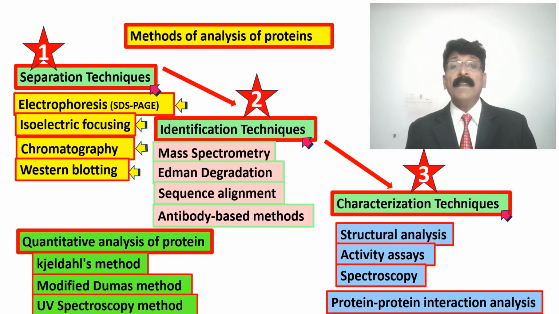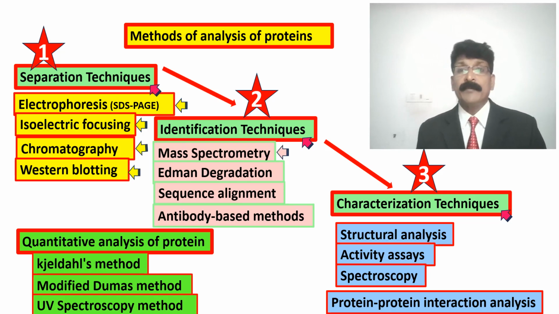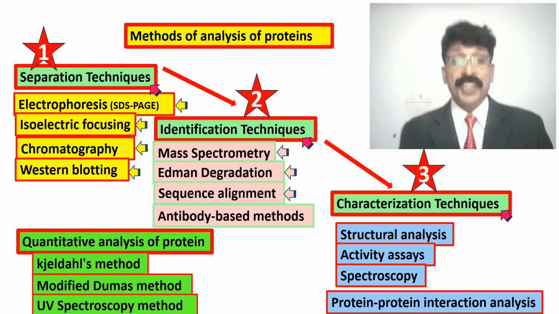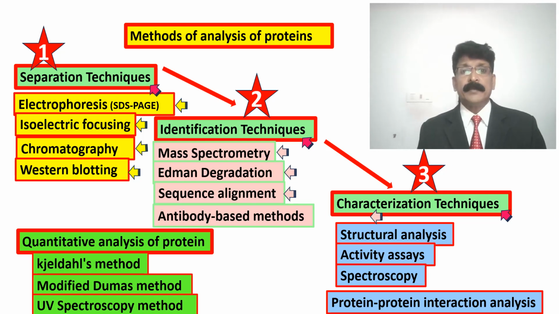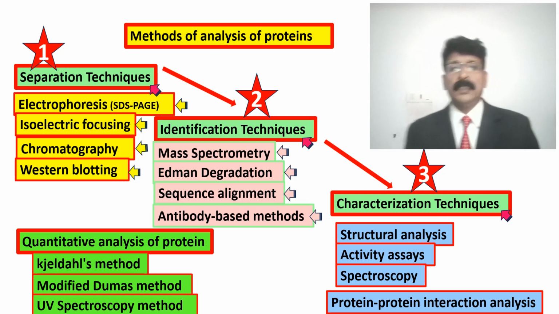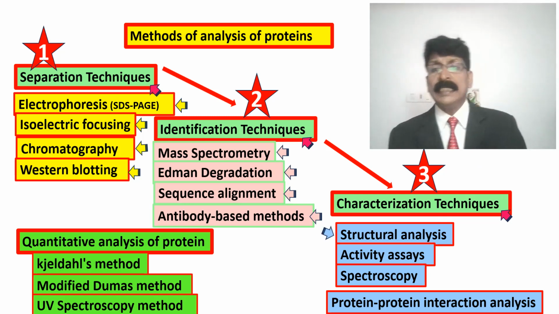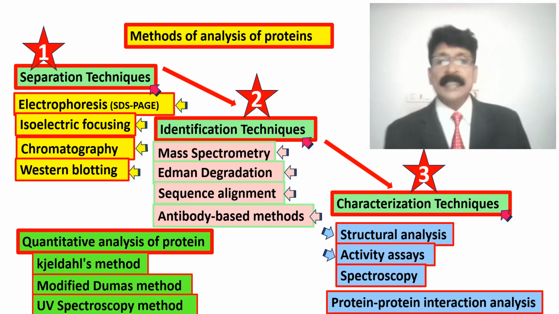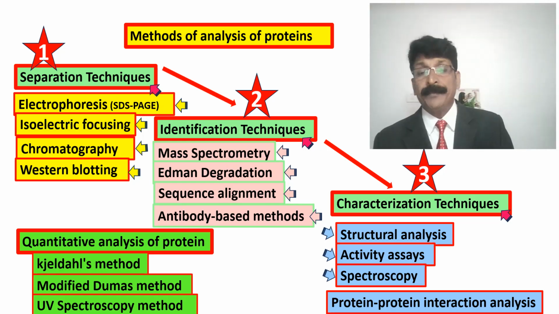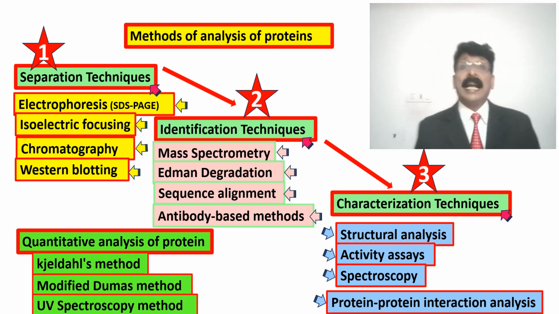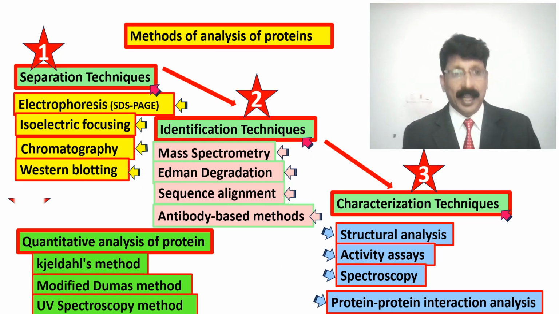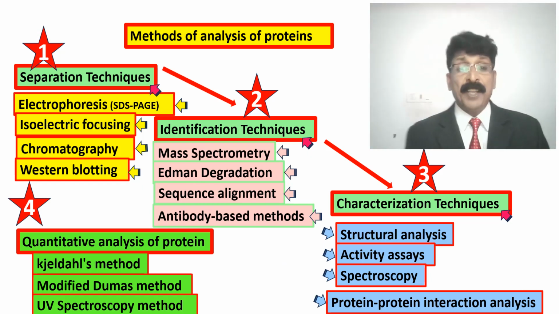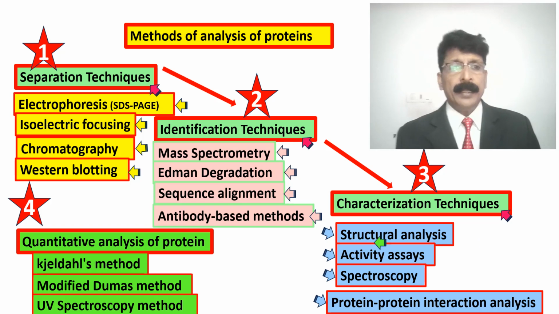In identification technique, mass spectrometry, Edman degradation, sequence alignments, and antibody based method. In the third one, characterization technique, structural analysis, activity assays, spectroscopy, protein-protein interaction analysis. And in the fourth one, finally, quantitative analysis, quantitative estimation of protein can be done by